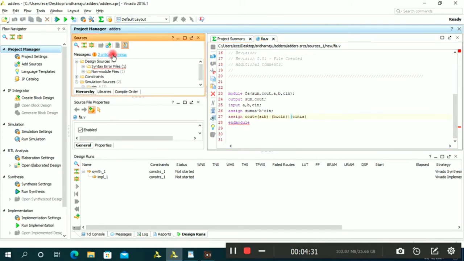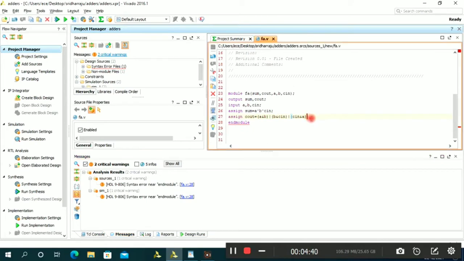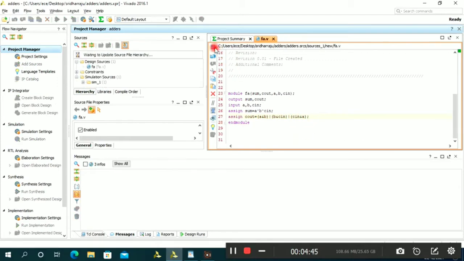You click here, here is the error, line number 28. Here is the semicolon. I put the semicolon here, then I save. Now the green color came, with zero warnings, zero errors.